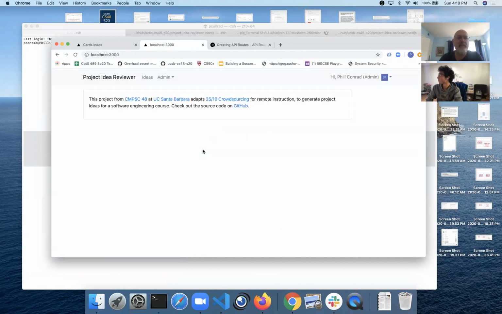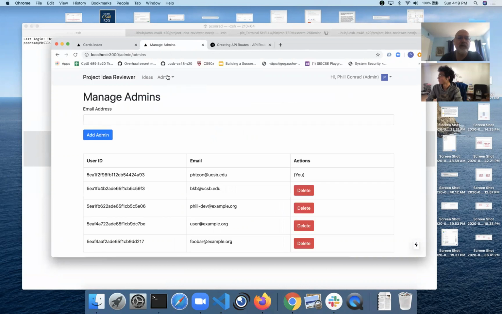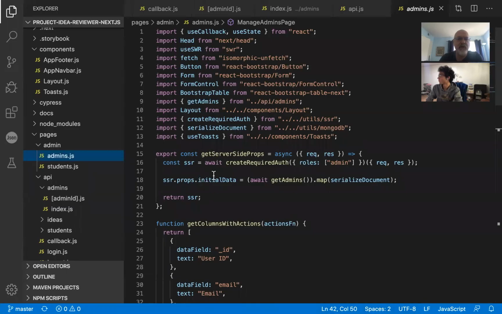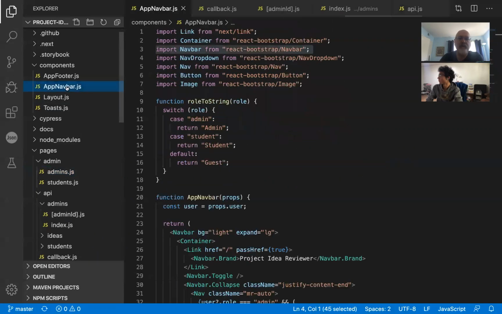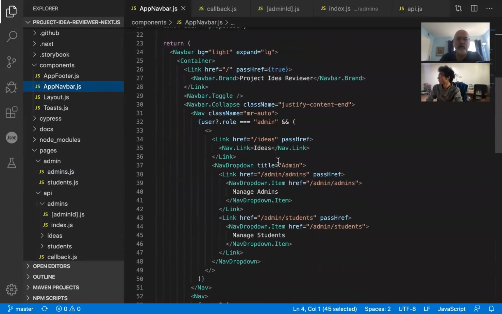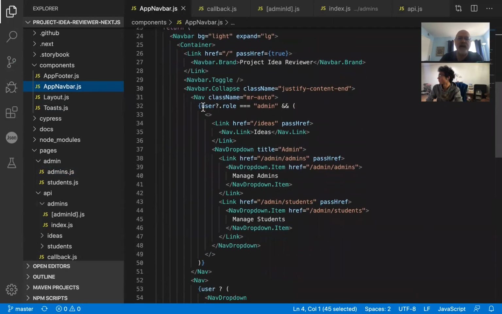So now that I am an admin, first of all, the fact that it shows up on the menu bar at all is because, since we went there, let's go ahead and point that out. That is because of the code here in app navbar, where down here it says, well, what is my user role? And if my user role is triple equals, which is the JavaScript way of saying, are these the same? If it's admin,